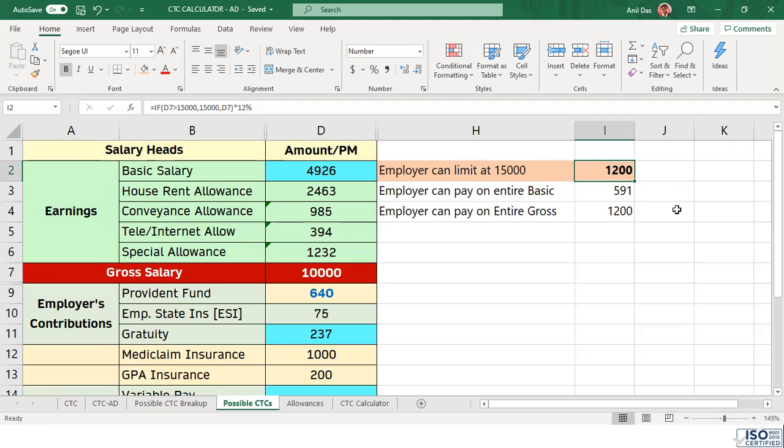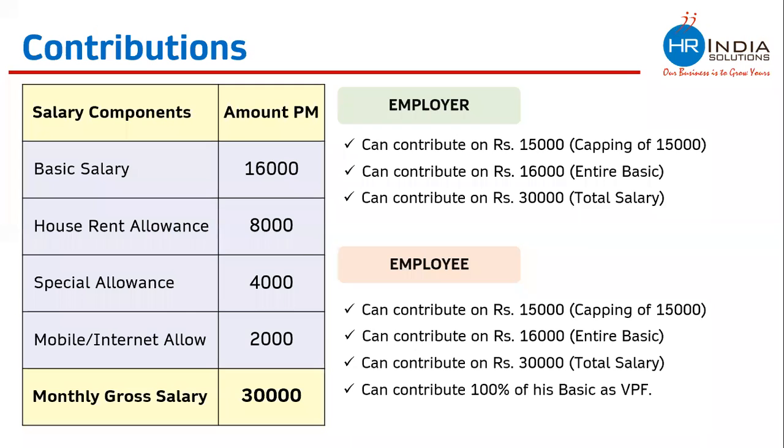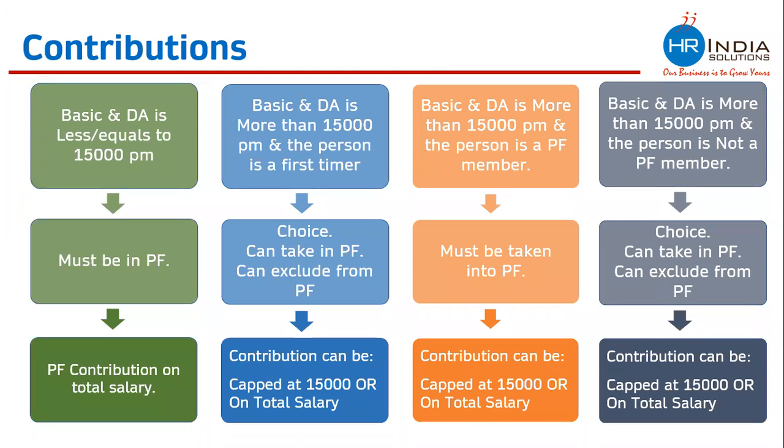Please come again with your first statement, Dheeraj. If the total gross salary of the employee is less than 15,000, in that case we do not have the option to go for basic salary for the PF calculation. In that case, we have to mandatorily take gross salary as PF wage for the PF contribution. If the basic salary is more than 15,000, in that case you can take basic salary itself. All options are only available when the basic and DA is more than 15,000.